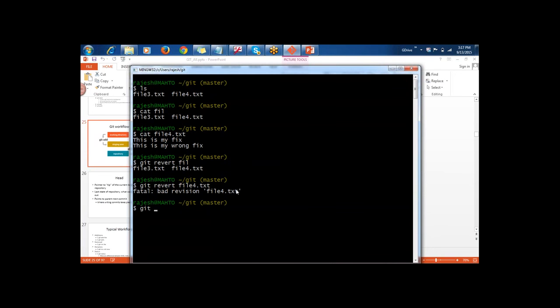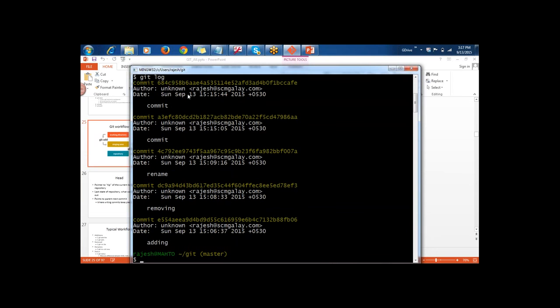So for that, here you have a log, and you see that this commit has a first commit. How can I select it? Yeah, it's here. This commit is a wrong commit. This commit is a right commit. So that means I want to move to this commit 3 to 5 to 7. So I do git revert